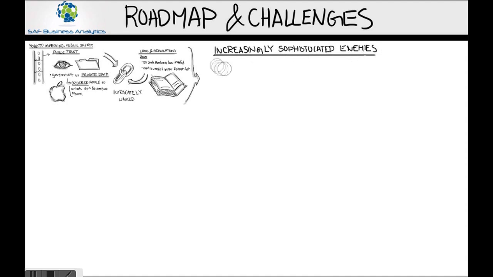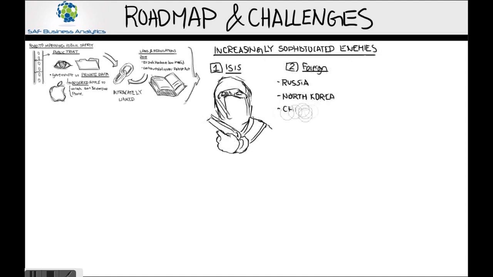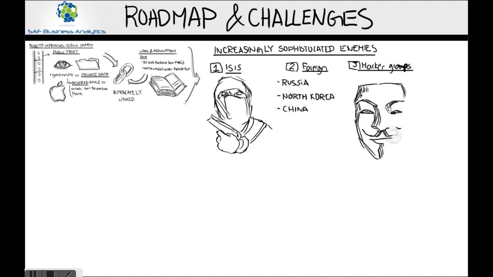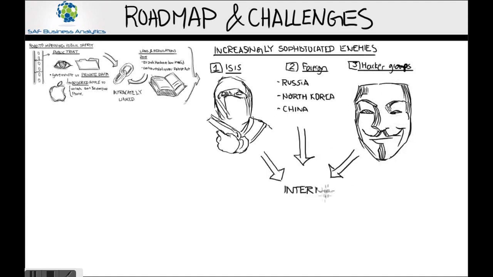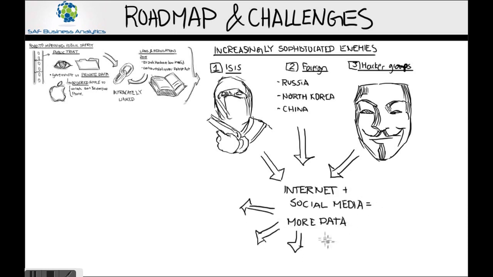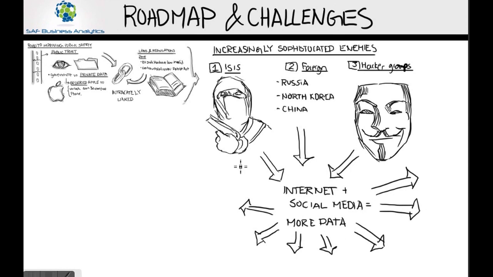It's evident that enemies to national security and peace, like ISIS, Anonymous, and certain foreign countries, are improving the way they strike, making use of the internet as a means of communication, surveillance, and attack. There is a sea of raw data out there, in which even a percent could save billions of lives. If we want to continue to protect our citizens and our freedom, we need to improve the data analytics practice to constantly be steps ahead of our enemies and be ready for the unexpected.